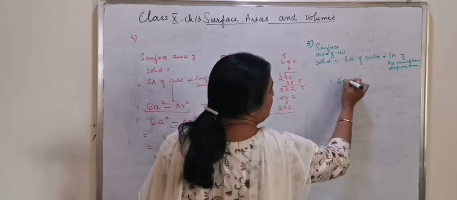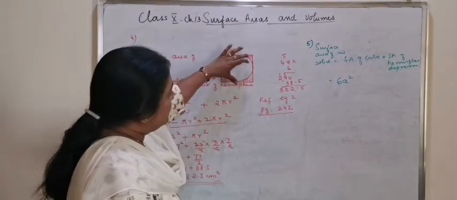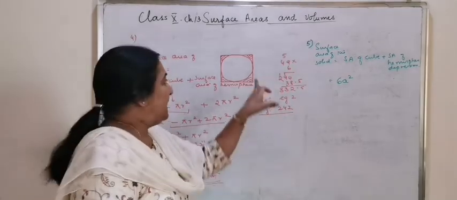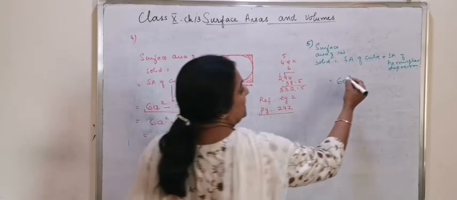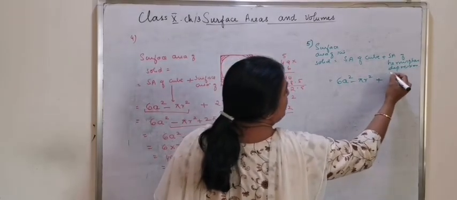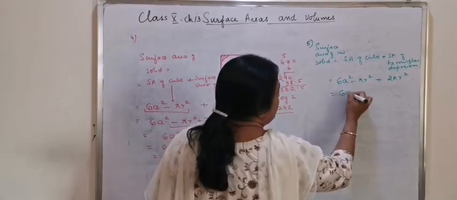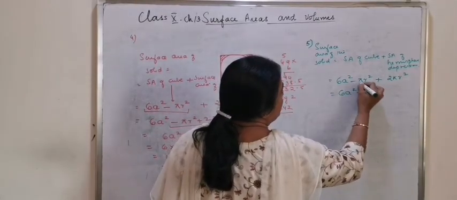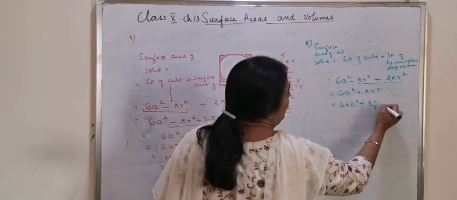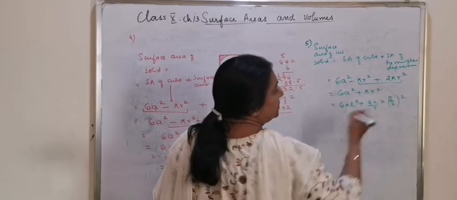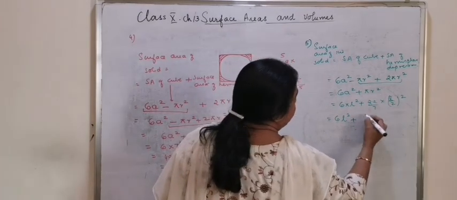That is, the total surface area of a cube is 6a square, from where the hemispherical depression is made, you will be having only the shaded region, which shows minus pi r square, plus the surface area of the depression part, 2 pi r square, or 6a square plus pi r square. 6 into L square plus 22 by 7 into L by 2, the whole square,